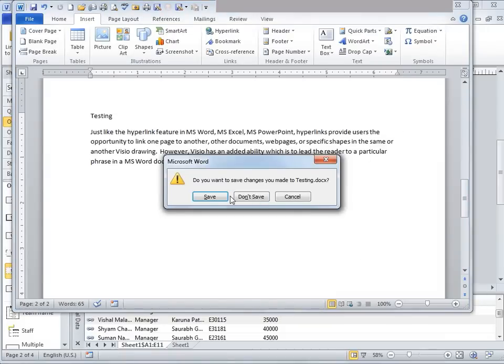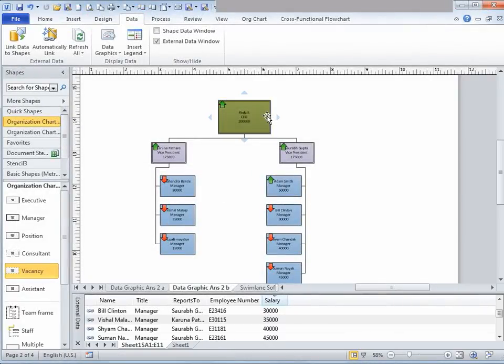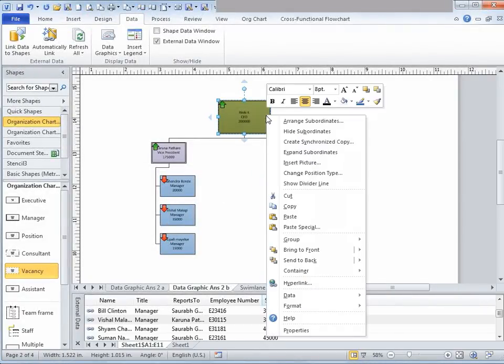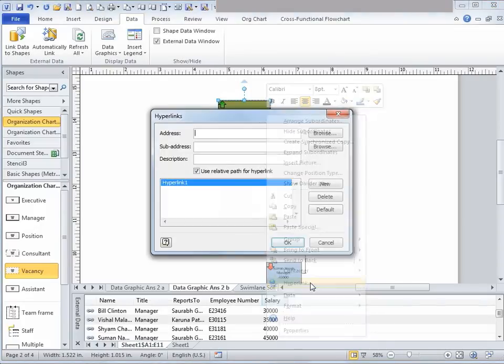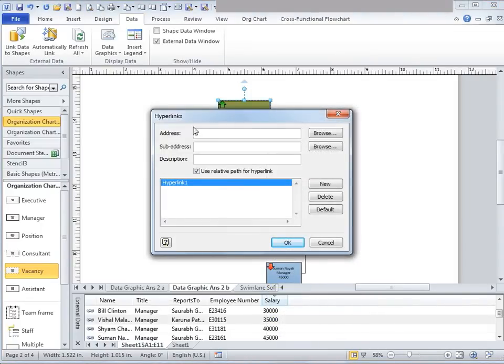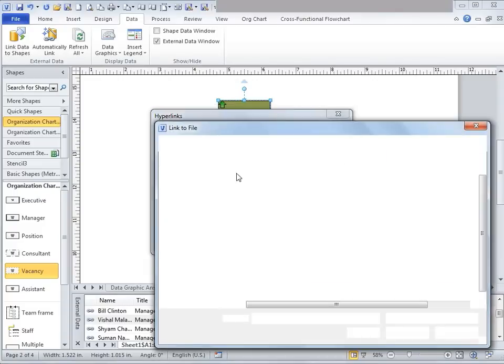It's going to ask me whether I want to save the changes. I'm going to say yes. Now coming back to the Visio diagram, again I'm going to click on this particular shape, and I'm going to right click on it and click hyperlink. In address, I'm going to input the location of the file by clicking on browse, and I want to browse to a local file, so I'm going to click on local file,